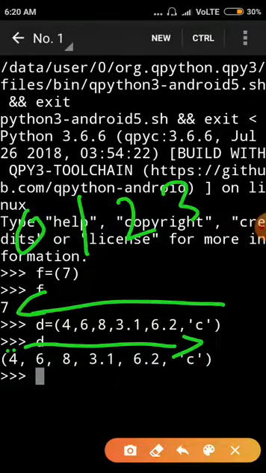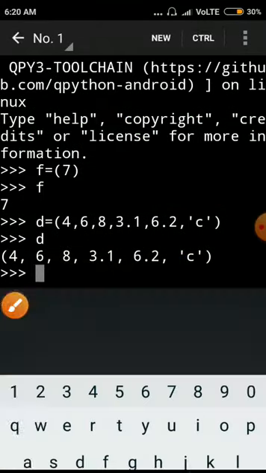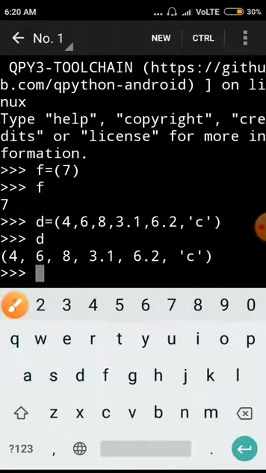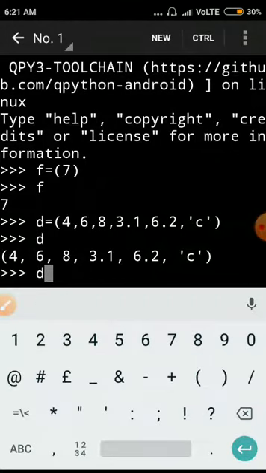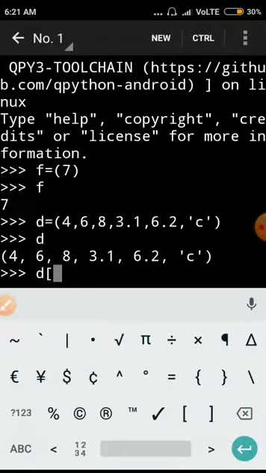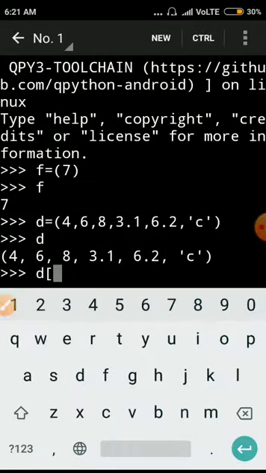And if we want to access the element from the backward direction, the index value is -1, -2, -3, like that. So I will show how to access the element from the tuple. So this is my tuple name, and here I will take one index value. Suppose I want to access 3.1, so the index values are 0, 1, 2 and 3. So the index value is 3.